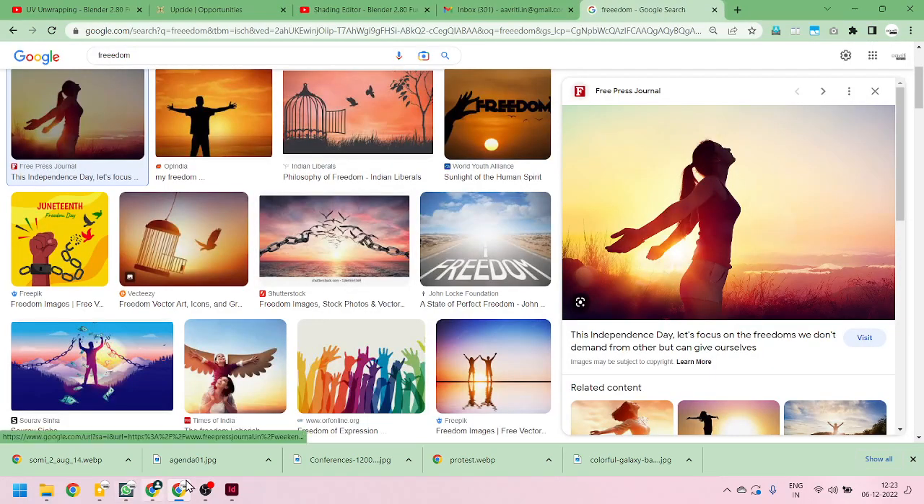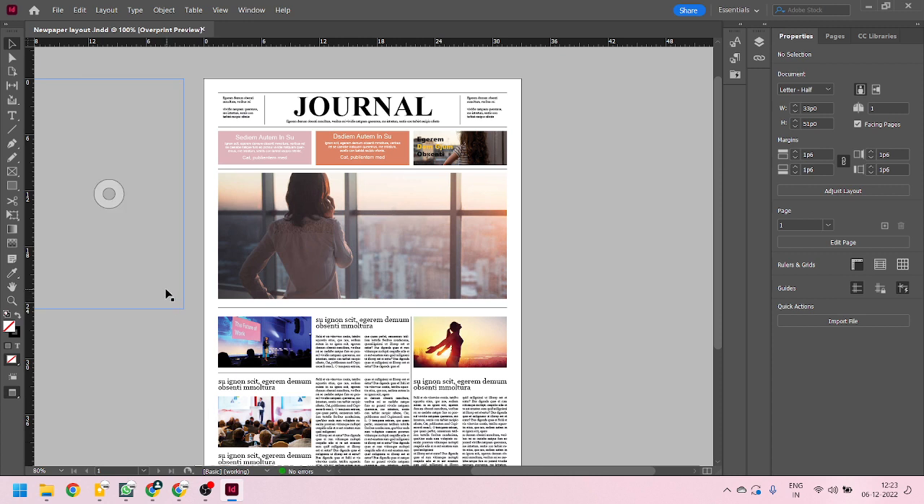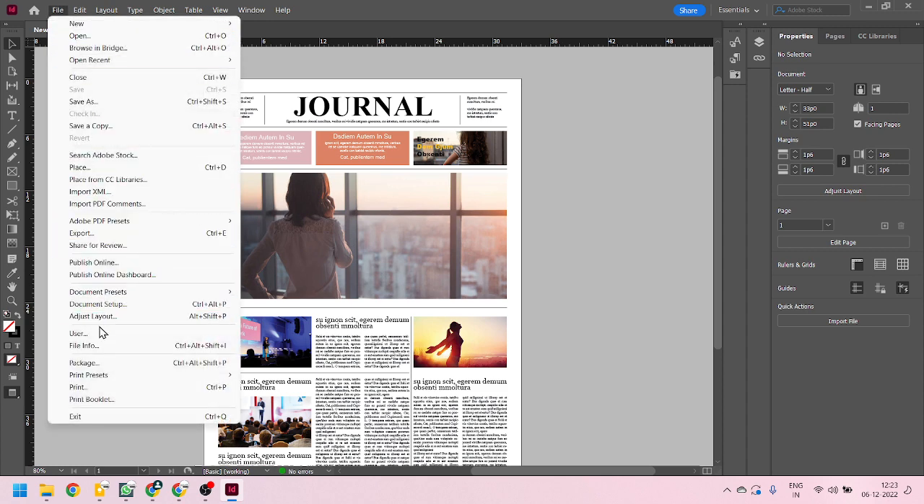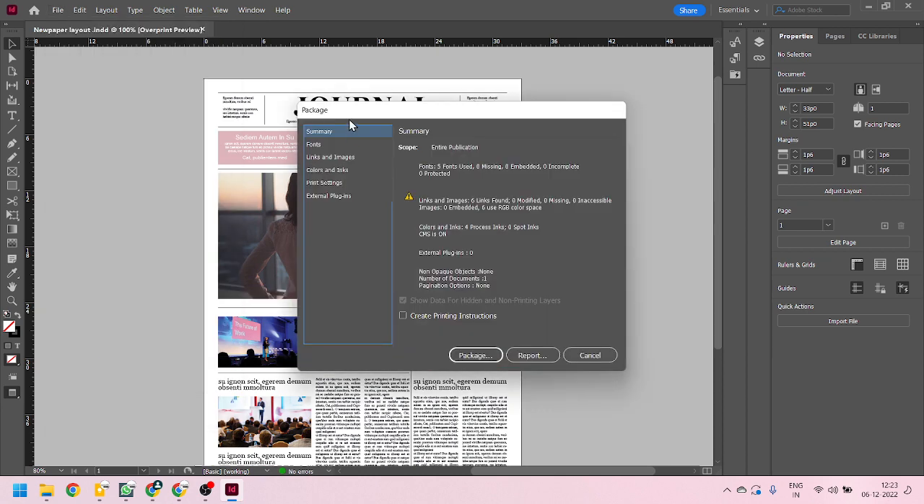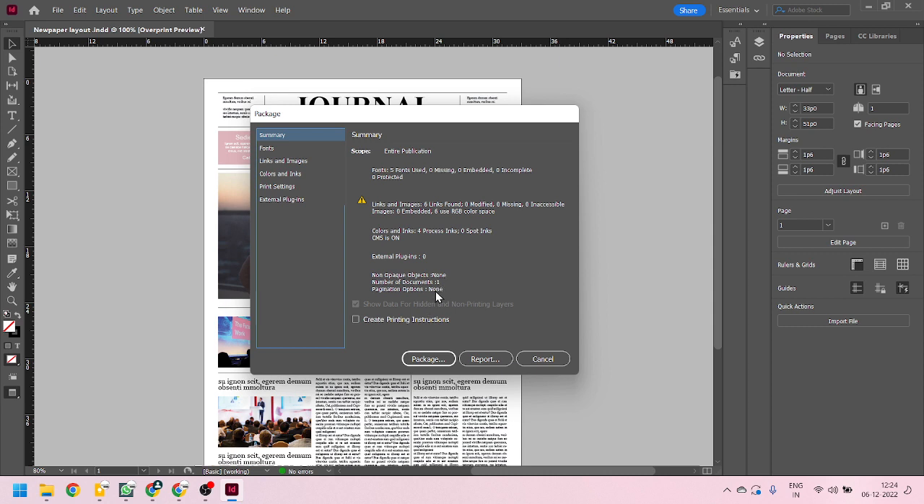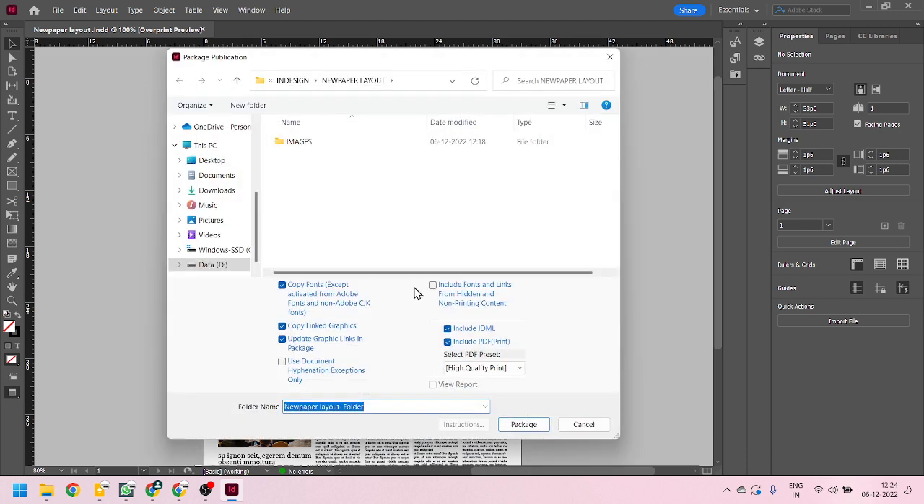I'm gonna close this. Now, if you're sending it to some other guy, your friend or somebody else who is gonna edit it, in that case, you'll have to go to the file menu and go for package. Tell me where you see package here. When you click on this, it will give you a summary of the things which will be included. How many fonts have we used? 5 fonts, right? And then links and images, all the things it's gonna include. If I say package and guide it to a folder and then say package,